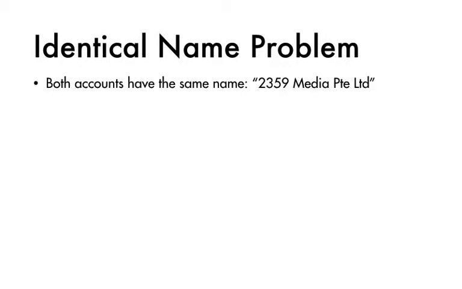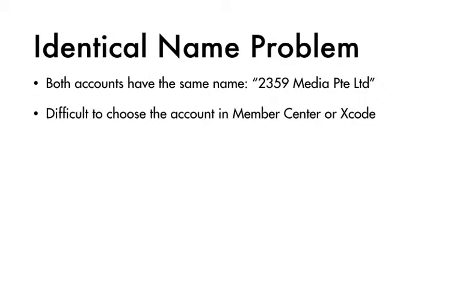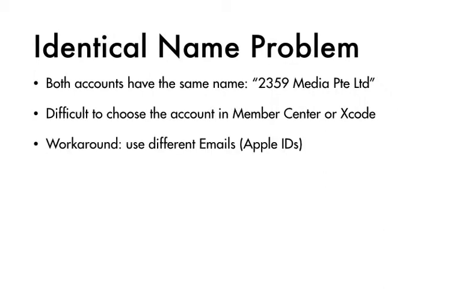When you go to Member Center, you will see the same names and you don't know which account is which. And in Xcode, you can select a team, but if the two accounts have the same name, you cannot tell which team is which